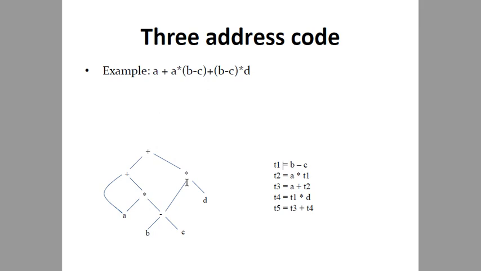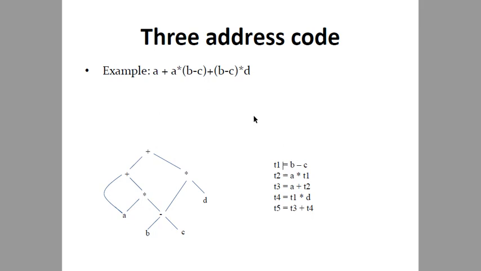For that syntax tree, you would get a 3 address code where B minus C would be stored in different variables. Your 3 address code may be written as you like, but each statement should be of the form x is equal to y op z, and each statement should contain at maximum 3 addresses. Okay, so T1 is equal to B minus C. We are storing the value of B minus C in our intermediate or temporary variable, which is T1.